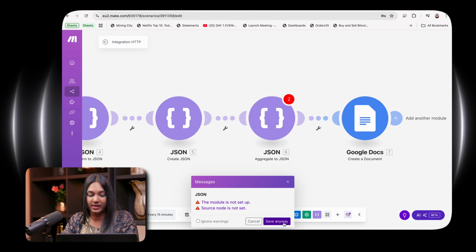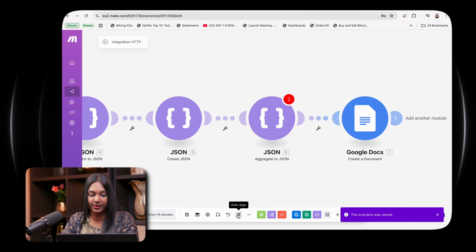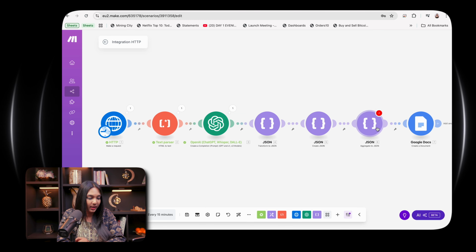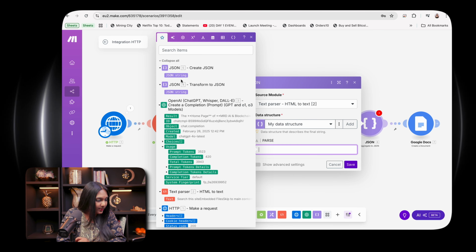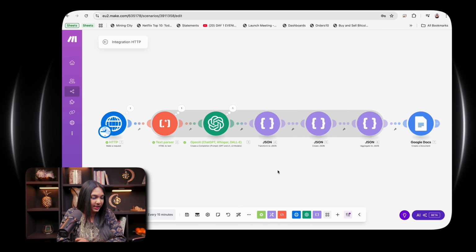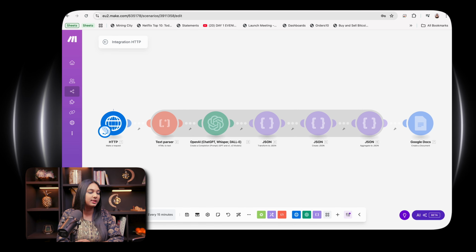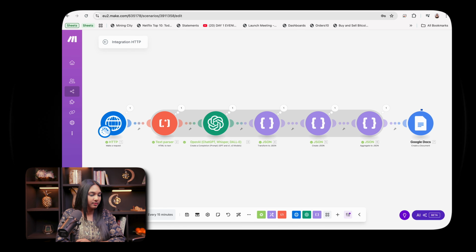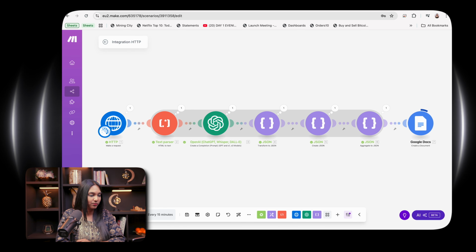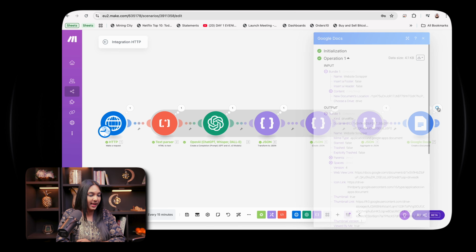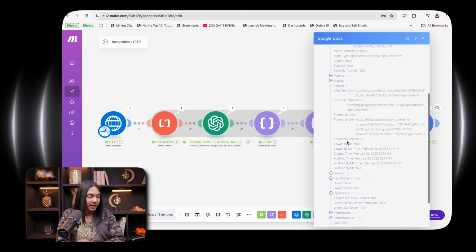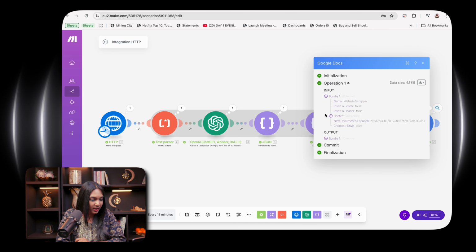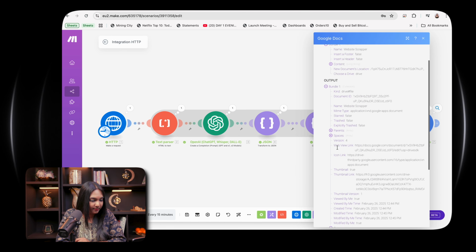I'm going to save this scenario, auto align it, and I'm going to say run once. Pass, we're going to say JSON string. Okay, and we're going to say run once. Great. And under the Google Docs, you'll be able to see here under our output bundle,